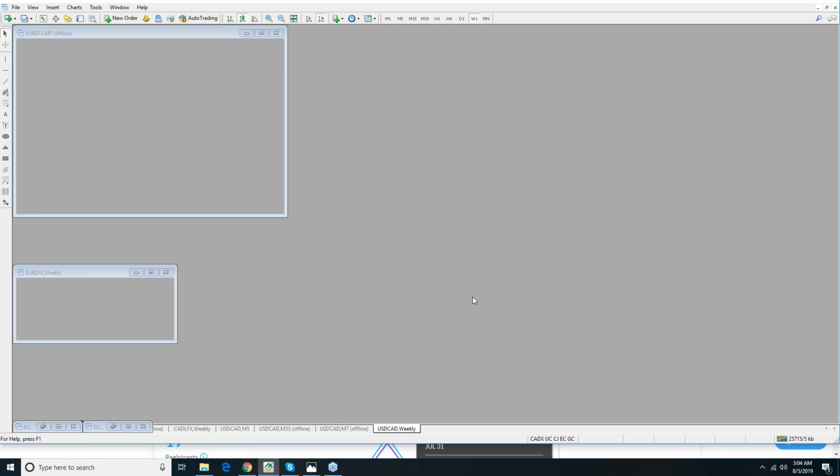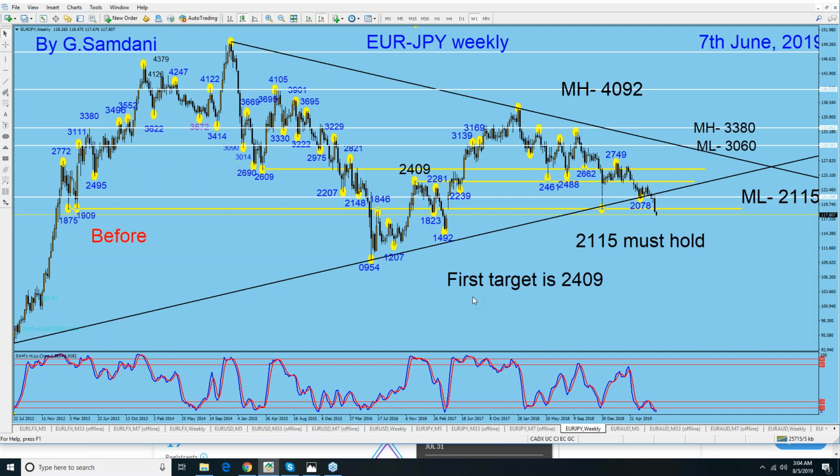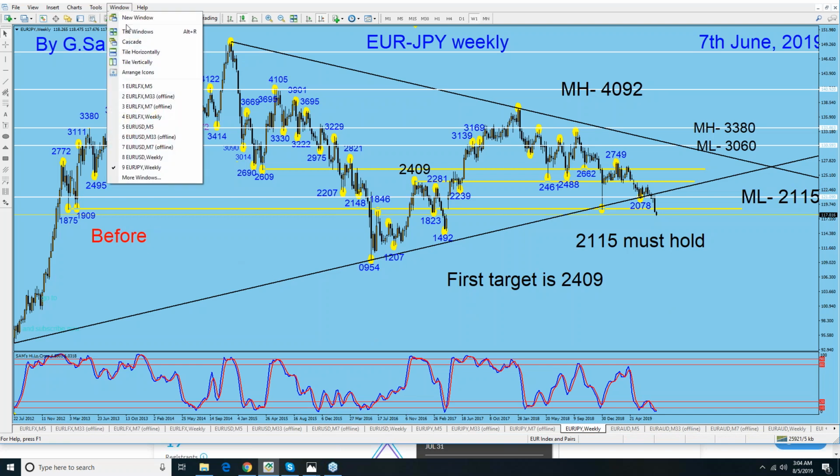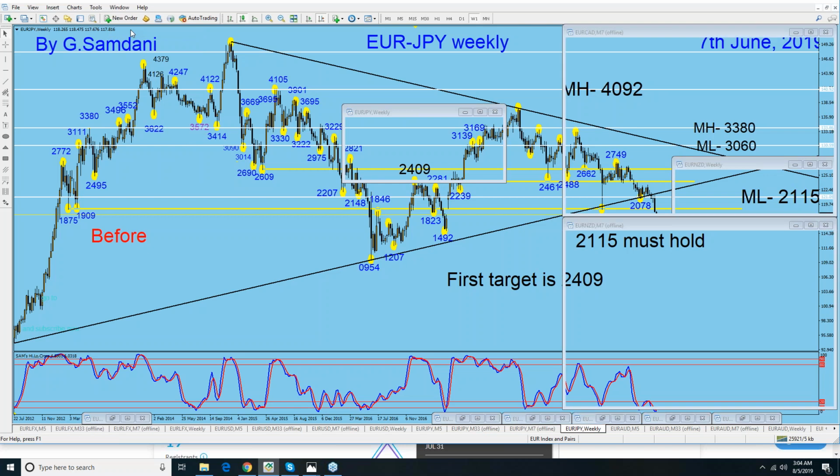So this is how you prepare the profile and wait in ambush for the next move or for your setup. After the news, what happened? For example, the Euro, I have this here, right? And on the big chart right now, it's not there. But if the news is about to come, what will I do here? What I will do is simply go to Window, tile the windows, and then